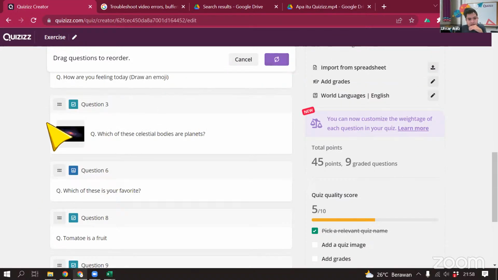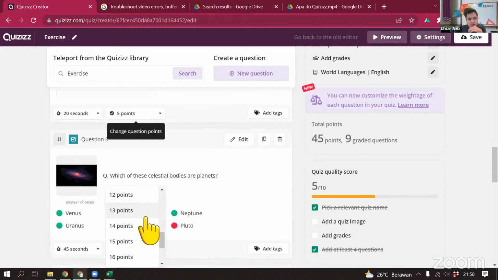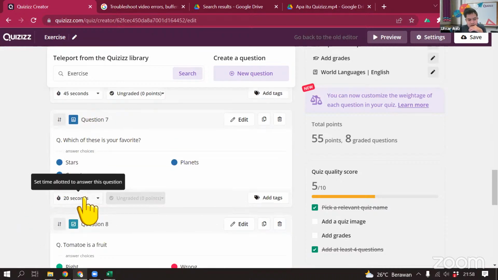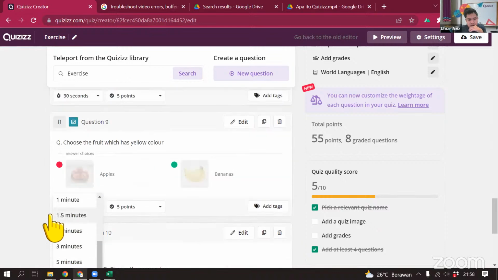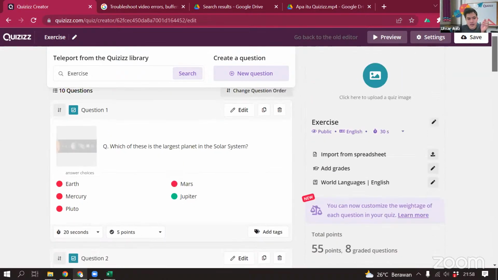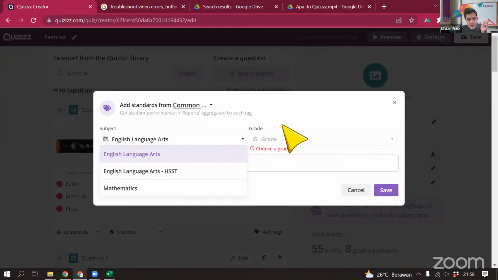That's it. And then currently also we can change the point, yeah. The maximum point is 20 and the minimum it could be 0 or ungraded. And then we also can customize the timer. And then we can add text, yeah, the topic, as I showed you yesterday, how I can show the difference between this question. It is the global topic. This is from the US movie, kind of that. For example, this one, add text, and then